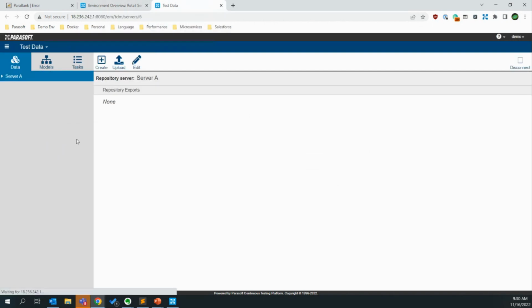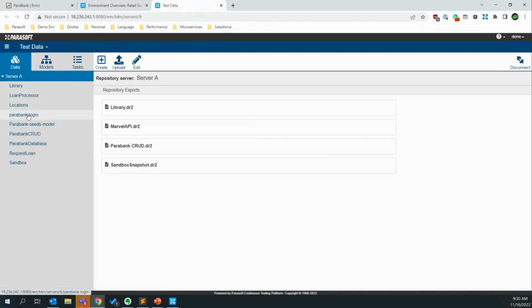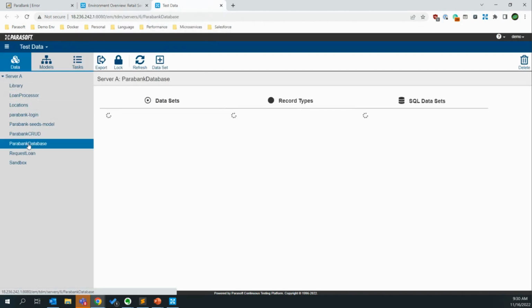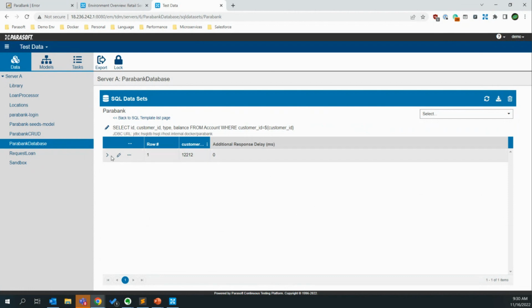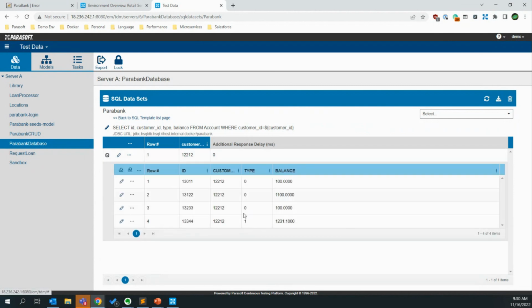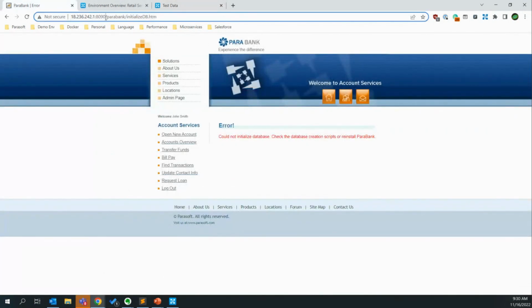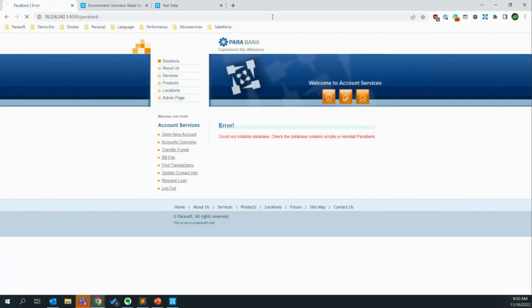And if we take a look at this, it's essentially the same data. It's our list of accounts. And if we drill into this, it's the same query, the same API call where we get ID, customer ID, type, balance, etc. from the account. And here we have four accounts that we can use with our application. And so if we go back to Parabank here,